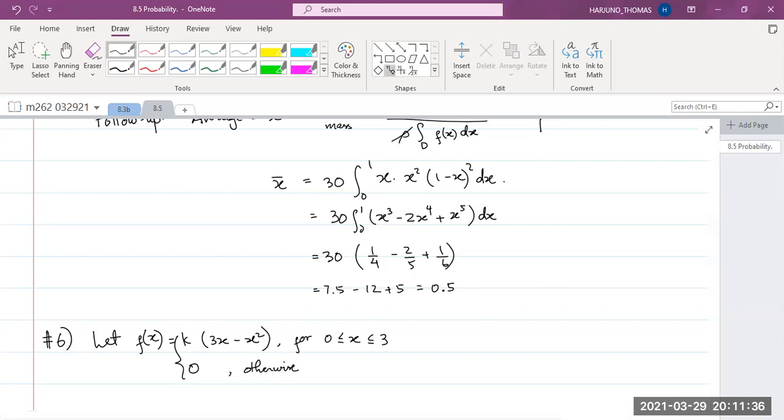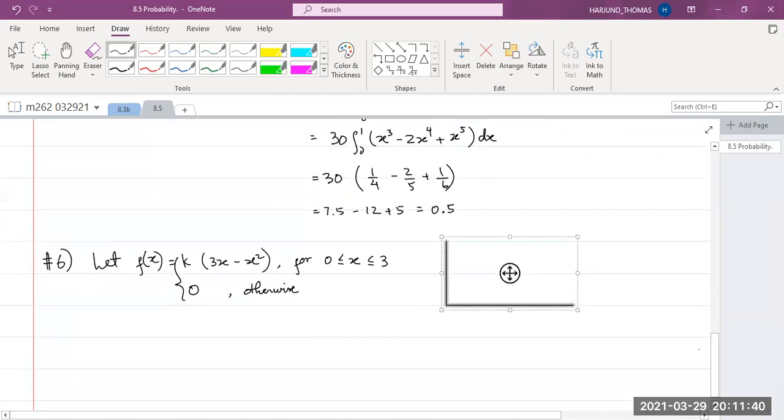The curve looks like this; the x-intercepts are 0 and 3. Now the thing is we need to find what k is. That's for part A. Find k